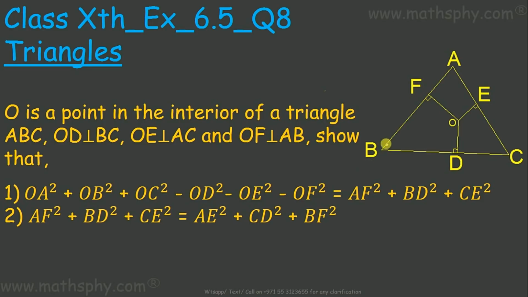What we have to prove here is OA square plus OB square plus OC square minus this is equal to this. And then we have to prove AF square plus BD square plus CE square is equal to AE square plus CD square plus BF square. Okay, first thing first,